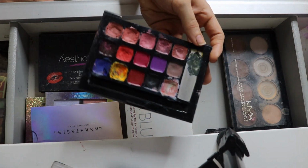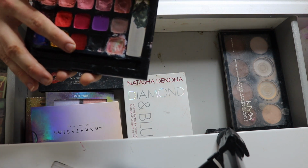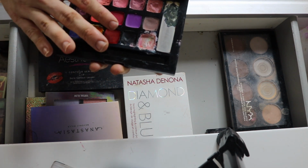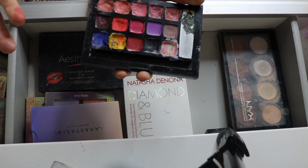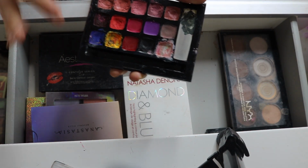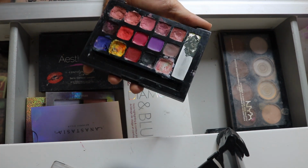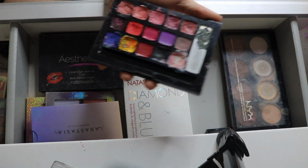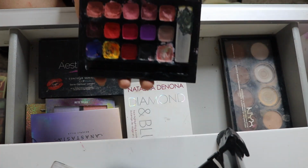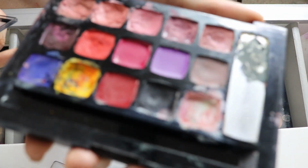There are some colors I haven't even touched in here, because honestly, when I go for colors like a purple or a red, I never use a cream lipstick. I'll always go for a liquid, because those dry down matte, and these colors get really messy when they transfer. I feel like the nudes is typically when I use my cream lipstick. So that's why you might see in these palettes that the brighter purples and reds are